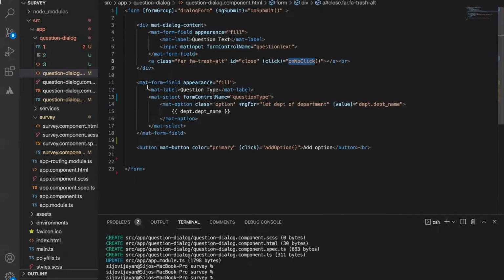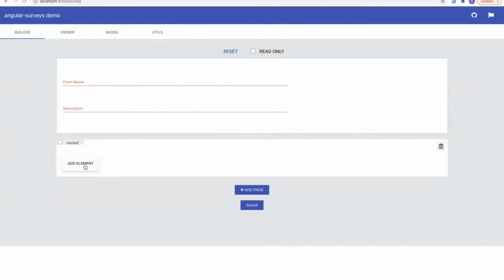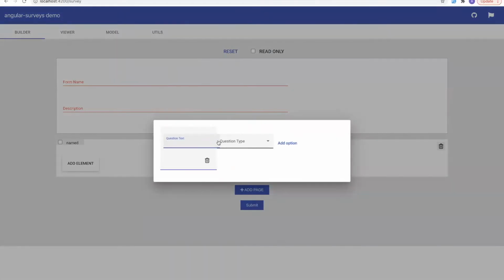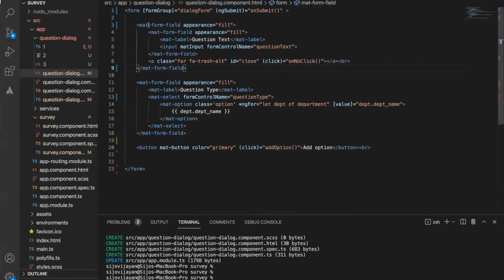Maybe we can do a little bit of formatting here using the material dialog, material form field. The closing tag should also be saved. Saved it. And now let's see the changes again. Yeah, it should appear like this, but it's not so good from my point of view.